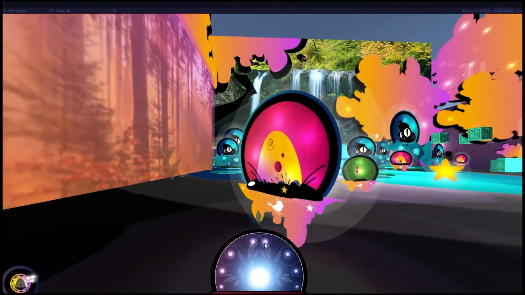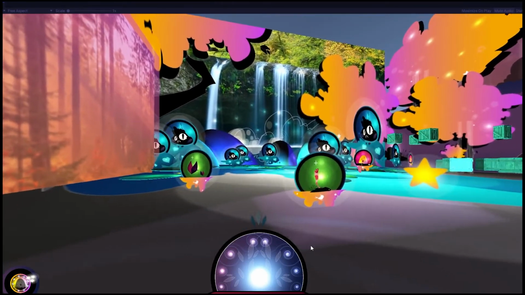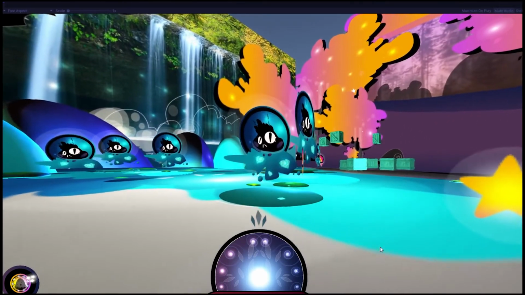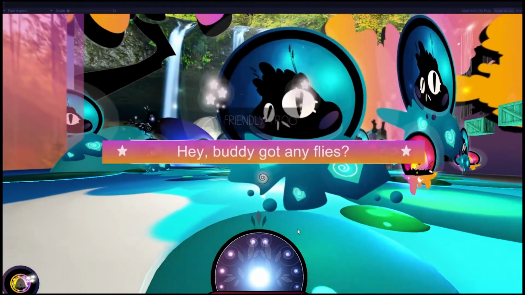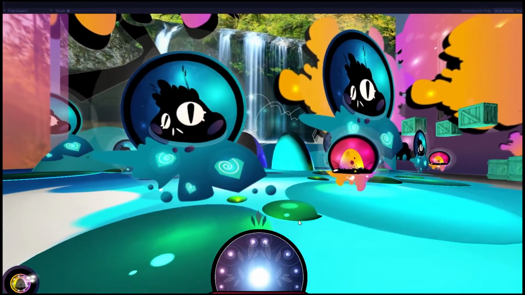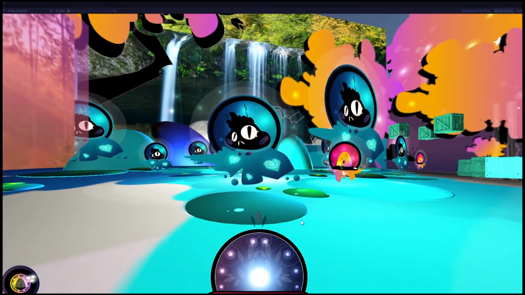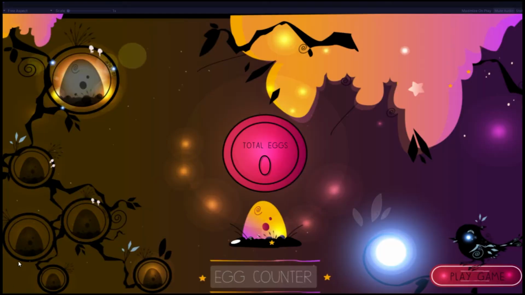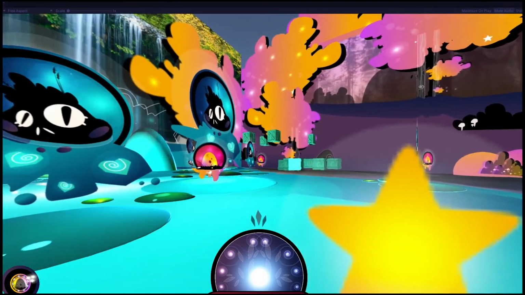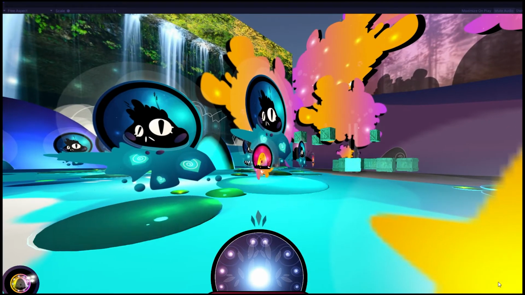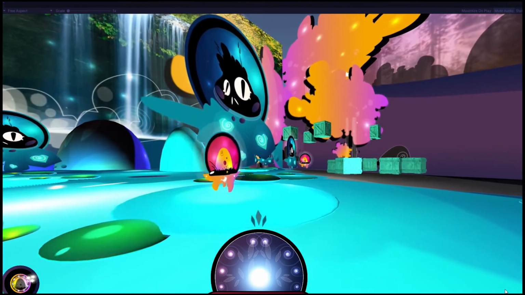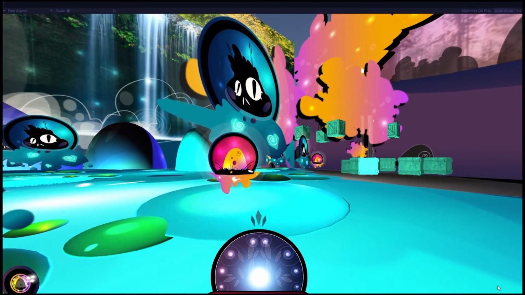Okay, so the player would pick up these egg tokens that are hidden throughout the scene, and as prompted, we'd be asked to, hey buddy, got any flies? So we're going to talk to the frogs, just to show you if you hit this UI, it'll pop up your egg counter, if you need to do that to view how many eggs you have. On top of that,